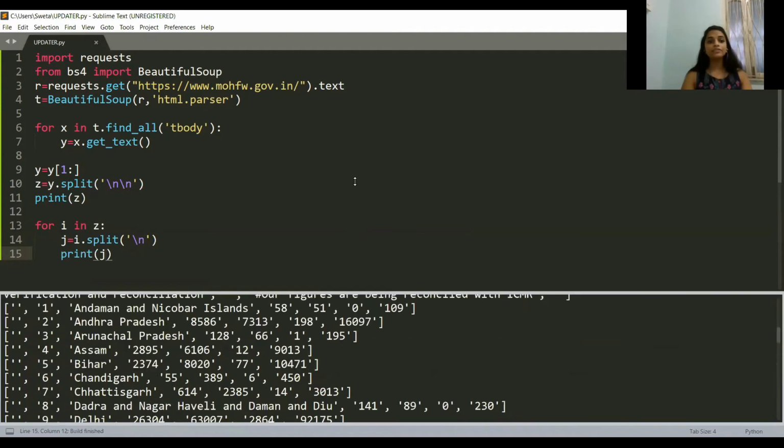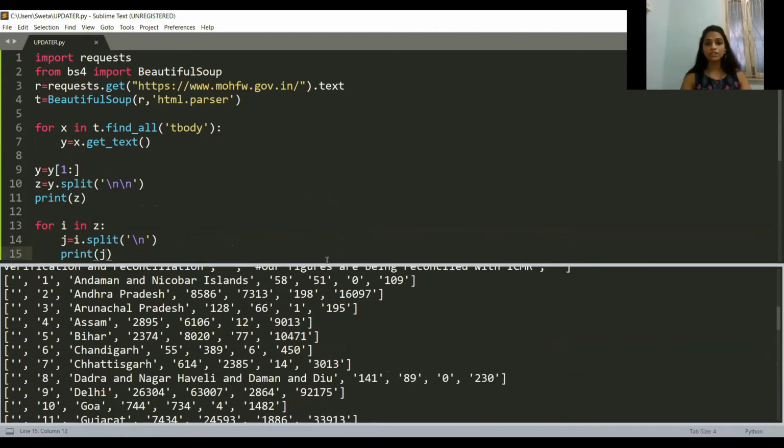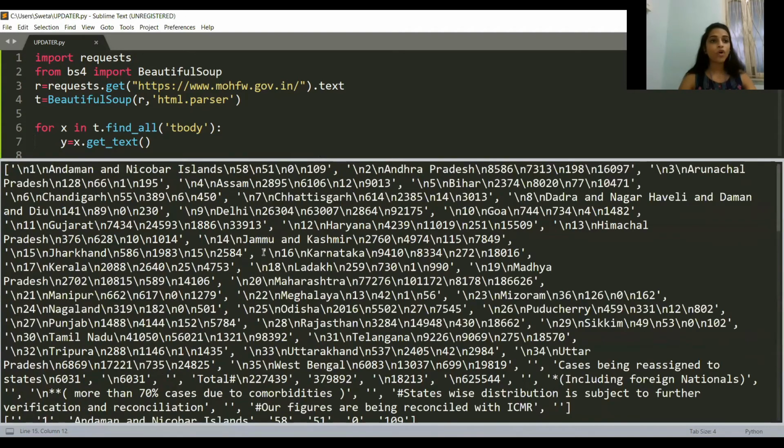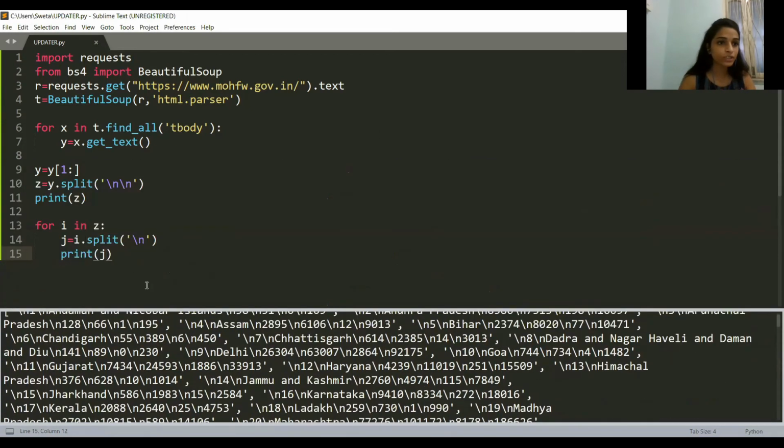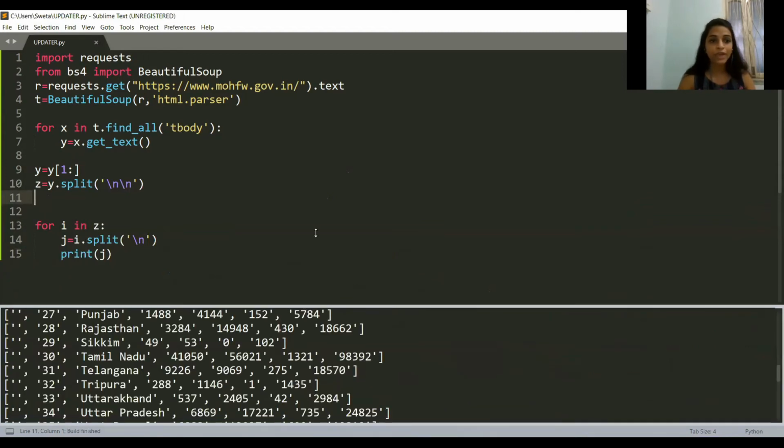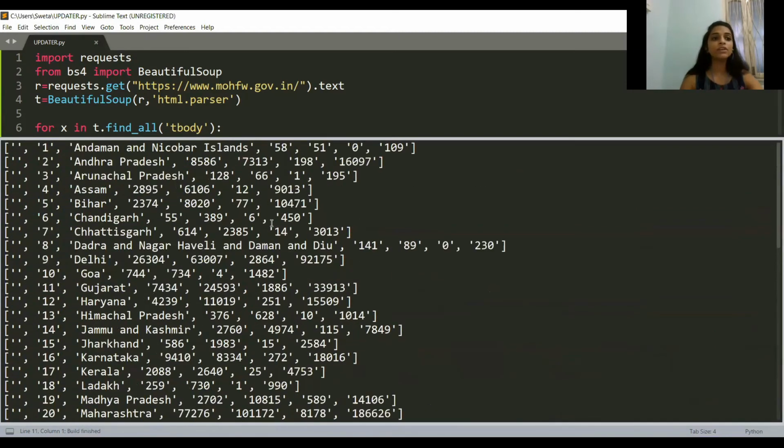Okay, if you do that, now you see, I first need to remove the printing element over there. So if I remove this and run this again, I'm getting all the information inside a single list. That means the information of a particular state is inside a single list. So here we're getting a blank space. Then we're getting the serial number.